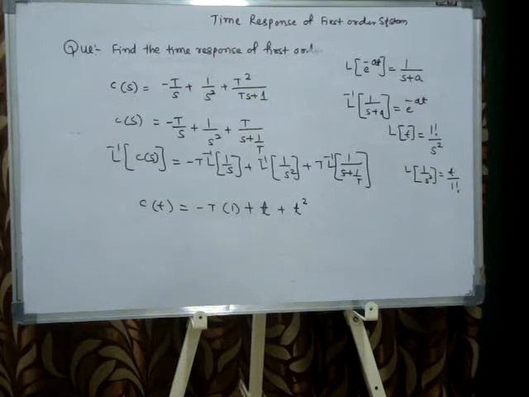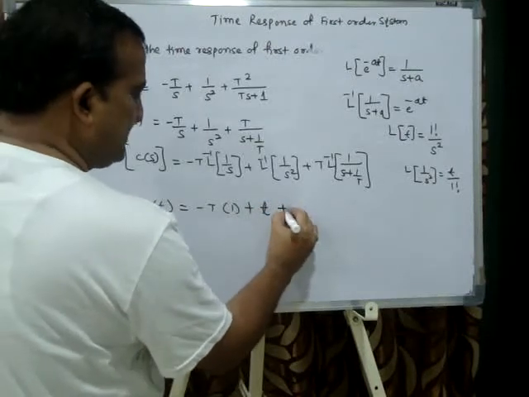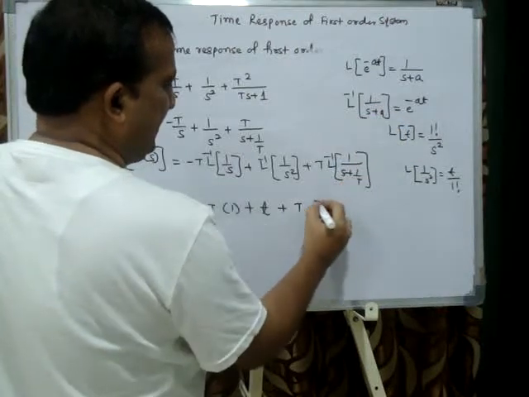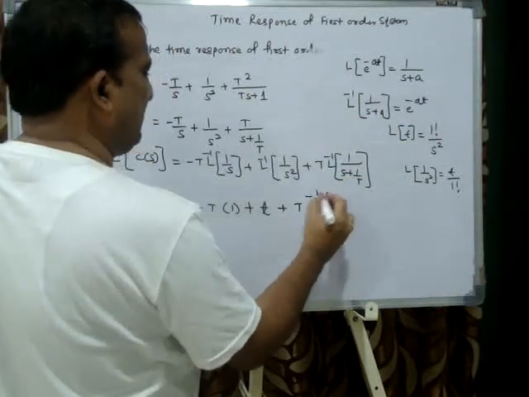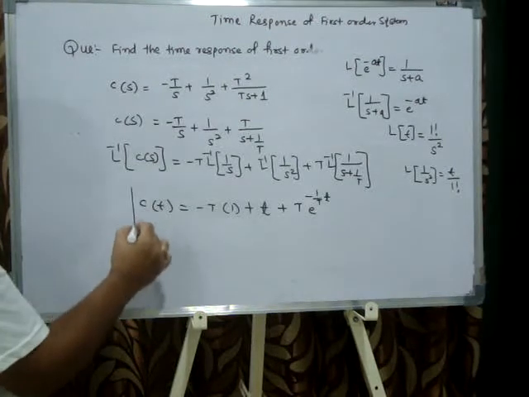Laplace inverse of 1 by s is 1. Laplace inverse of 1 by s square is t, correct, plus T e raised to the Laplace inverse of 1 by s plus a, T e raised to minus t by T. Capital T is the time constant, small t is the time in seconds. This is what